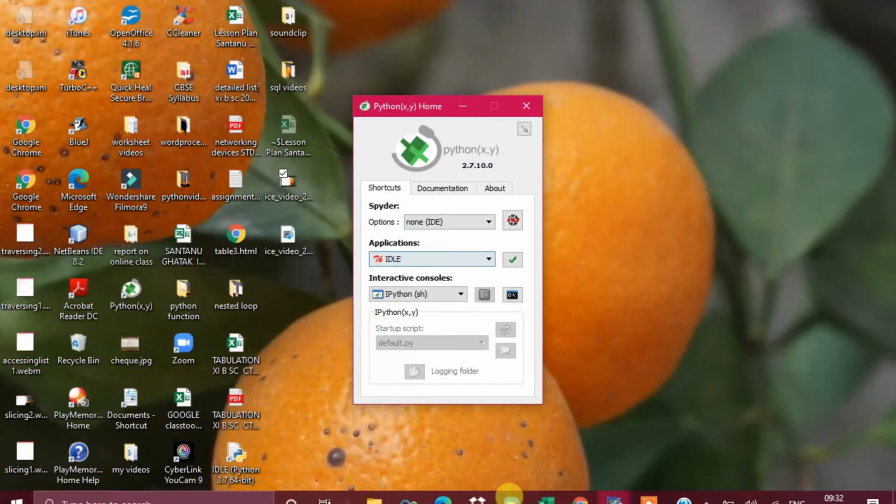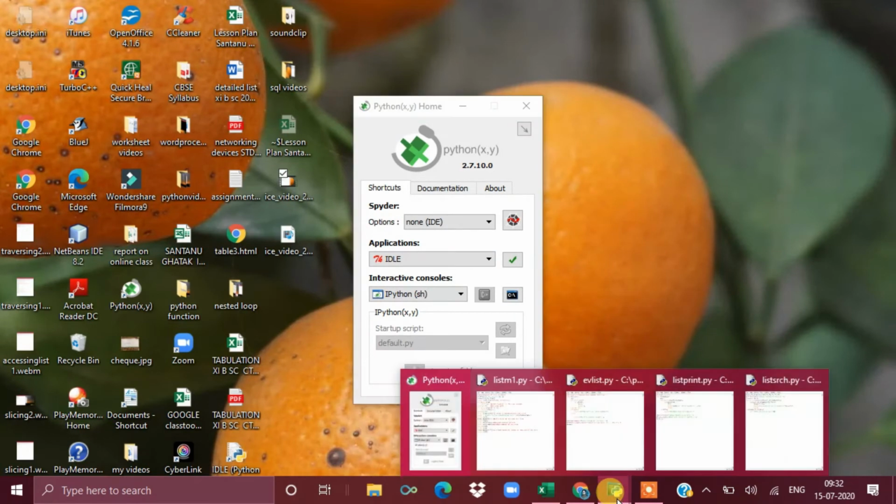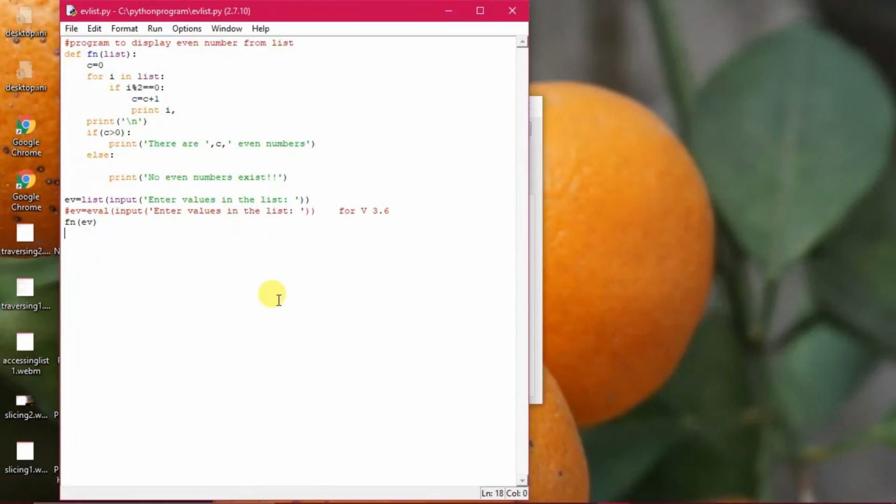Okay, so next we are going to another program which will give you a lot of things to do out here. Now the C program to display even numbers from the list. Suppose if you are inputting the even numbers, only that one will be printed. And here you can see one remark has been given. If you are using version 3.6 onwards, then in that case what could you do? You can use this particular statement. So this is for version 3.6 that you can use the eval command. And for 2.7 and all, both are correct, theoretically both are correct.